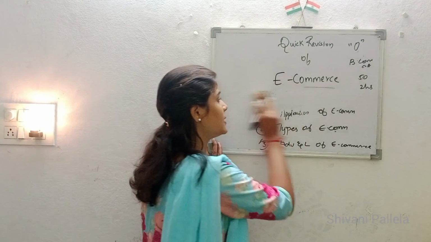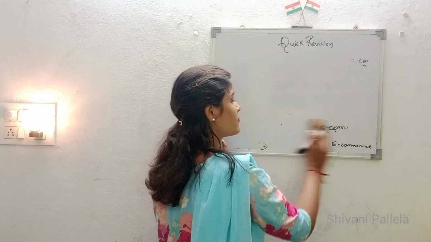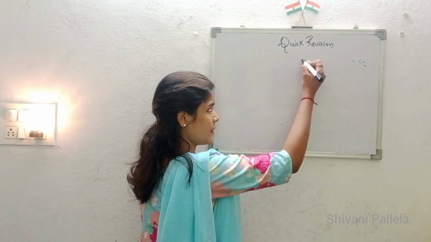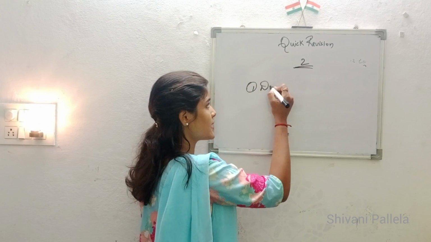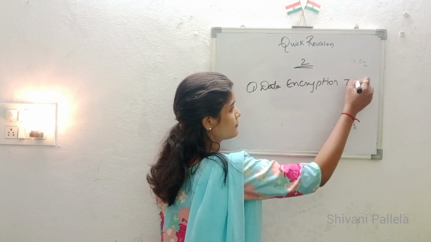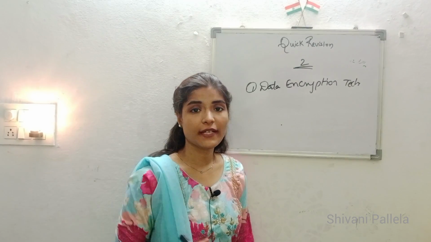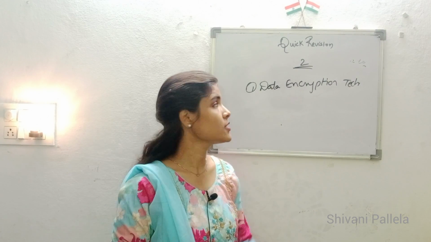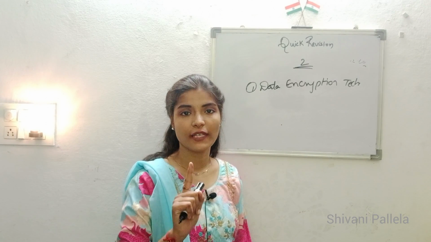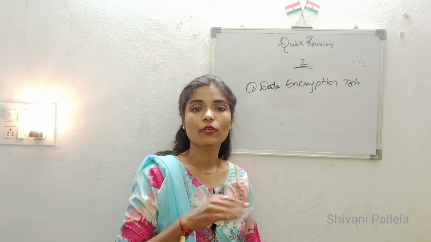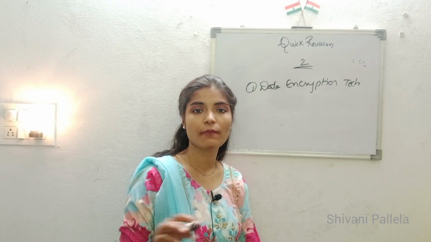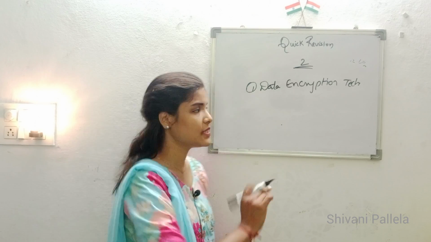Now we will discuss the second unit in e-commerce. From the first unit I have given 4 questions, that is enough, or else you can learn any 3, your wish. From the second unit the first important question is data encryption techniques. What are the different types of encryption techniques to save data? There are 2 types, symmetric and asymmetric. In symmetric we use only one key, where one key is used to open the data. In asymmetric we use 2 different keys, a public key and a private key. Learn that answer.